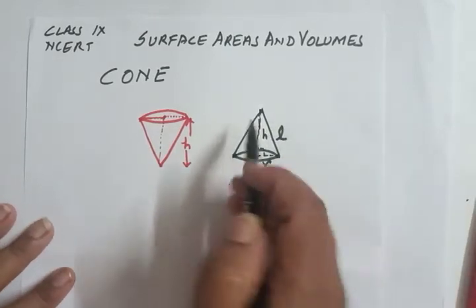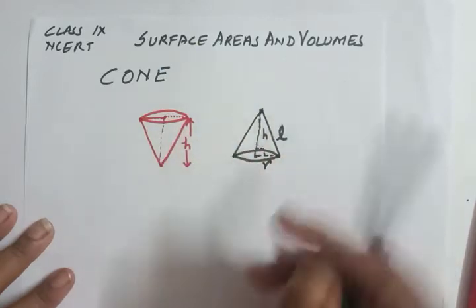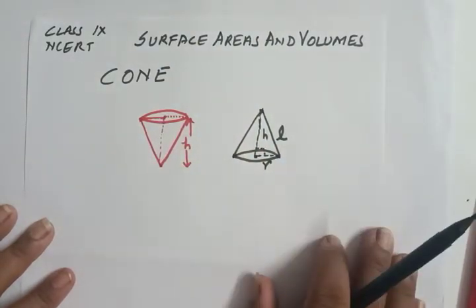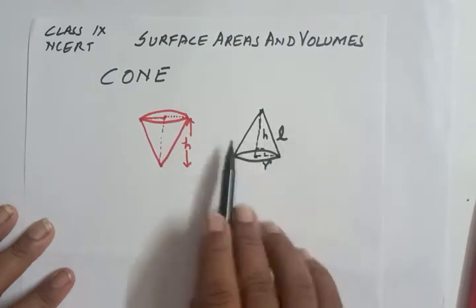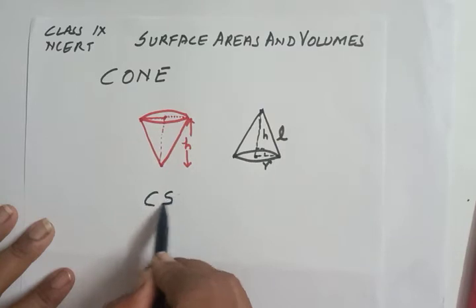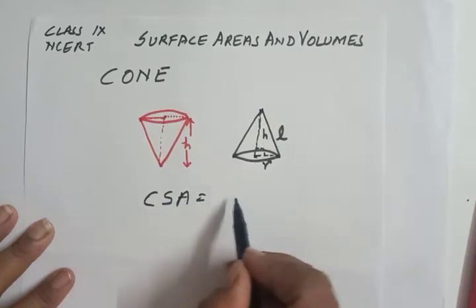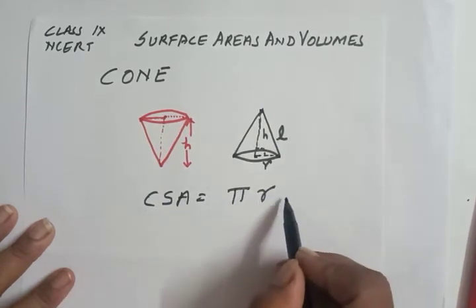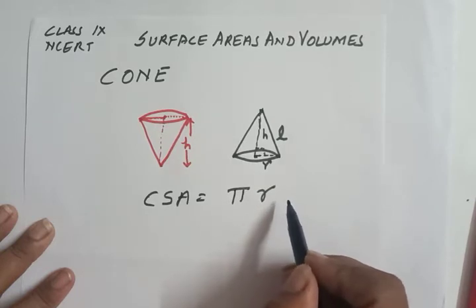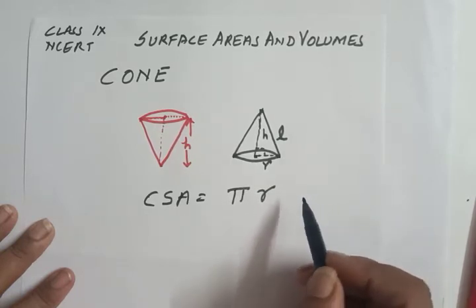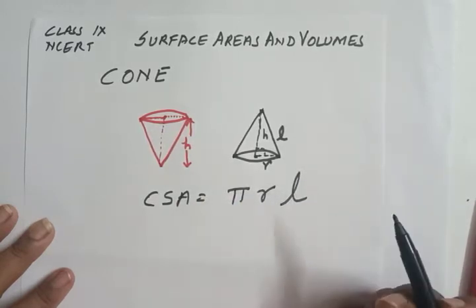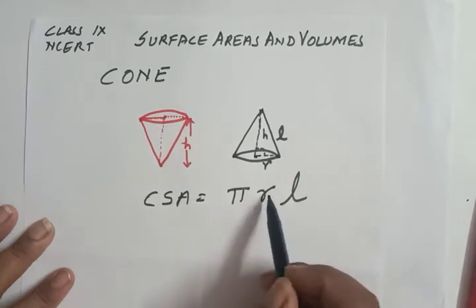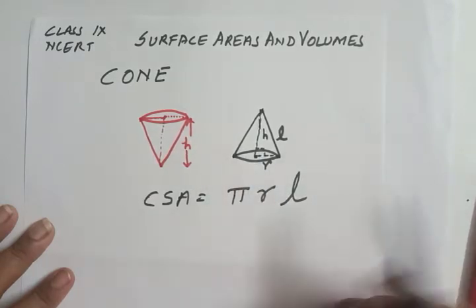So our chapter name is surface areas and volumes, and today we are going to deal with only the surface area. When we talk about the curved surface area, that will be equal to pi rl. Since the derivations are not in our syllabus, we are directly starting with the questions. First of all, just an introduction to the formula. So pi rl, the value of pi is 22/7, r is whatever radius is given regarding the cone, and l is the slant height of the cone.